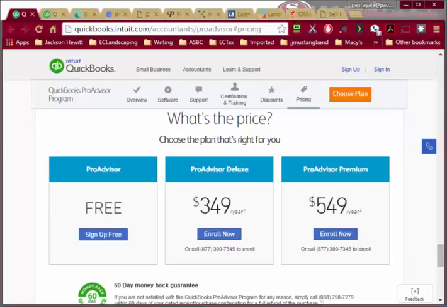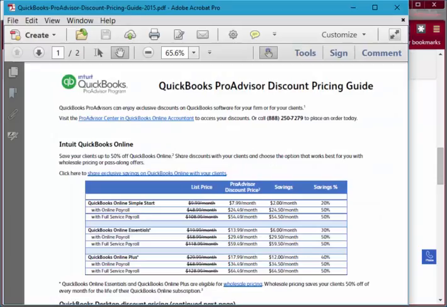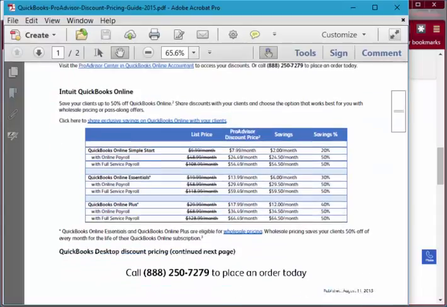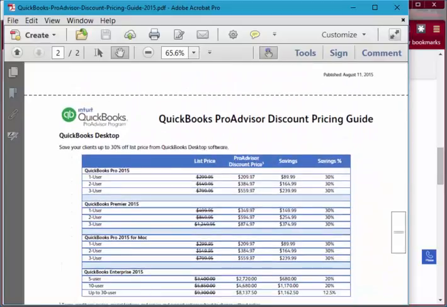Pro Advisor Premium is $549 a year and includes QuickBooks Enterprise Plus, QuickBooks for Mac, and QuickBooks Point of Sale Multi-Store. Very advantageous if they have retail customers or startups looking for point of sale software hardware bundles. For your client, the benefits are endless. Besides the ability to offer their clients huge discounts on various QuickBooks and Intuit software and services, as you can see here, there are great discounts to be had on all kinds of QuickBooks online and offline